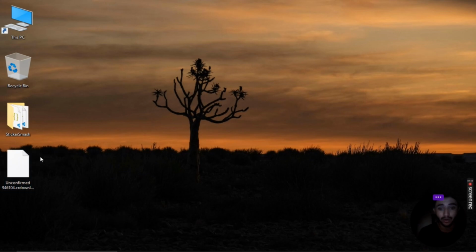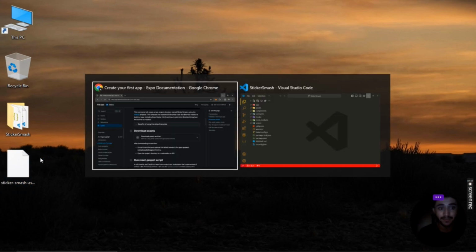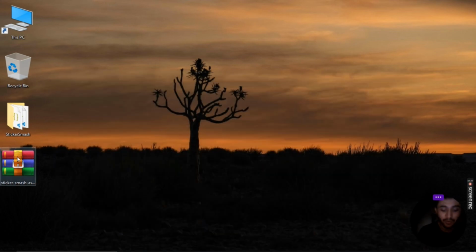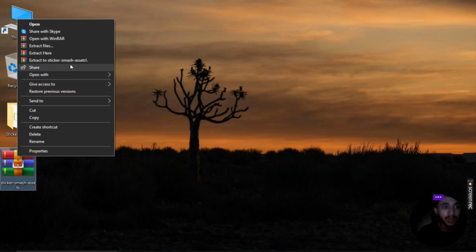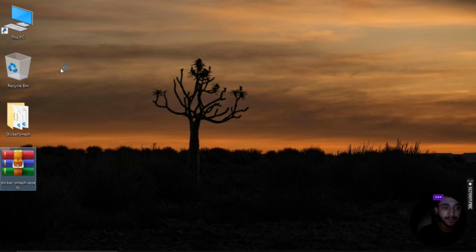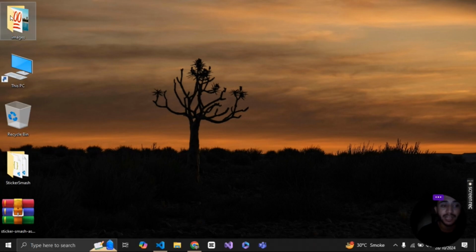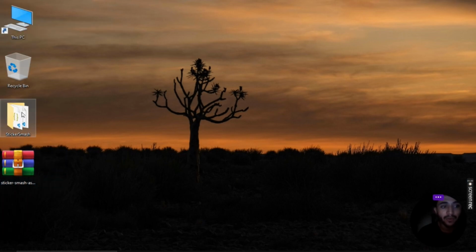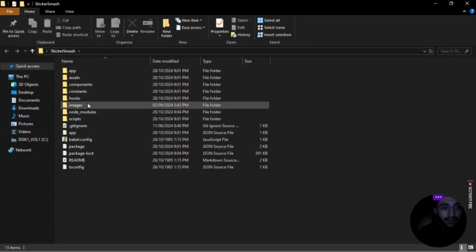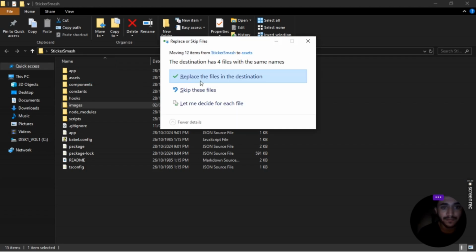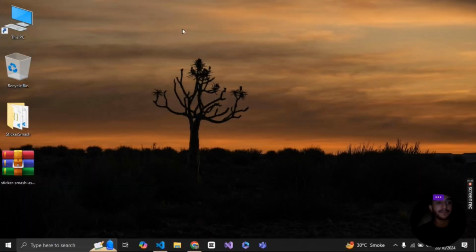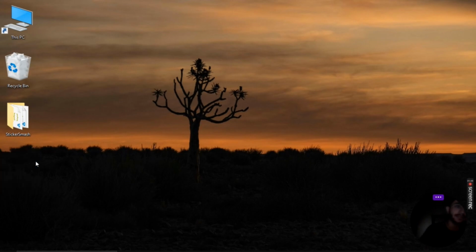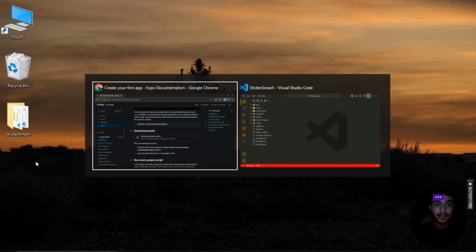You can see a folder on our screen which is just the basic asset folder, and we have to extract here, and you can see this is only the image. So what we have to do, we have to drag and drop the image inside our folder, and I think we need to put this folder inside our asset folder. So yeah, that's basically it, and we have to just delete this because we don't need it anymore,